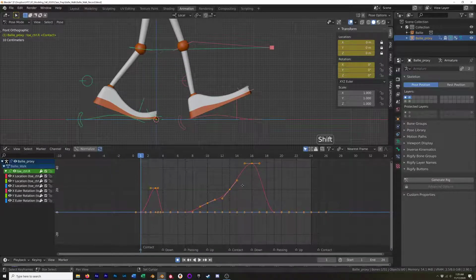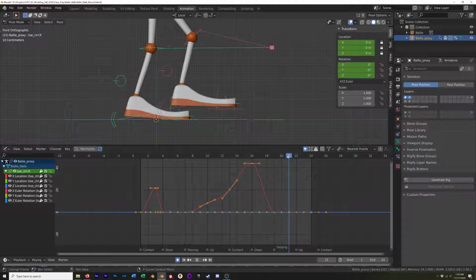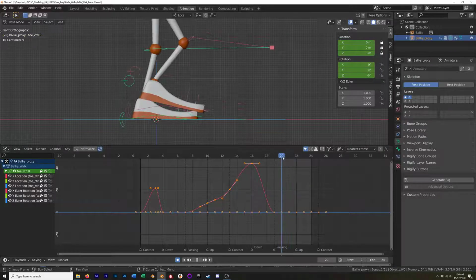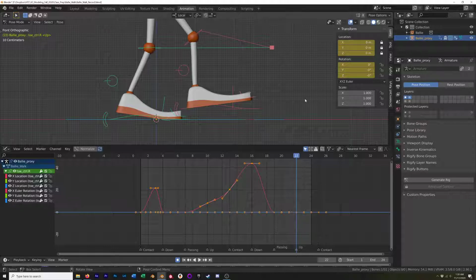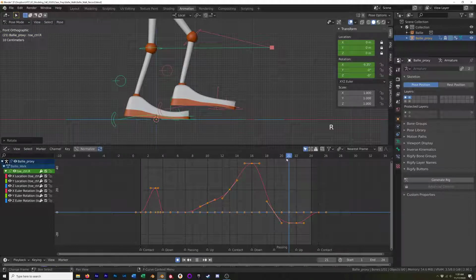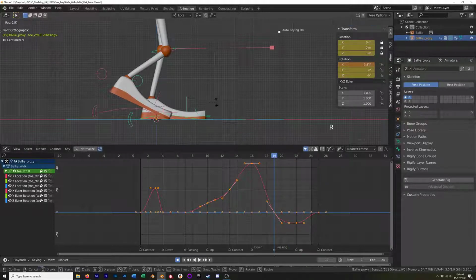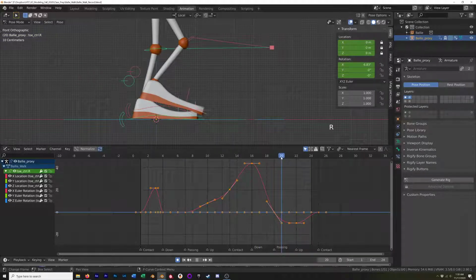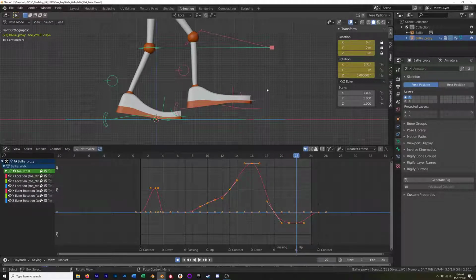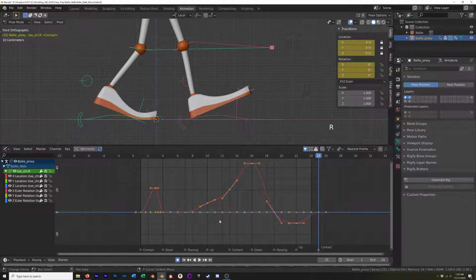And the way that we're going to do that, it's a combination of anticipation and then just further drag. Because this foot, and we have to kind of loop around here, but this foot is coming through from the back. So there's going to be some drag already. So I'm going to rotate the toe down a little bit. I'll do the same thing here in the passing position. I'm going to rotate that toe. I don't really have any room to rotate that down further, so I'll leave that there. But here we're going to rotate that down a little bit. And then on the contact, I'm going to grab